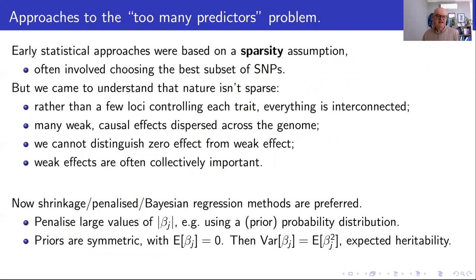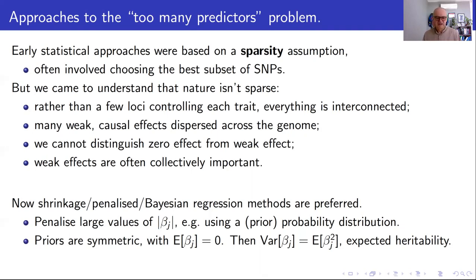So in recognition of that, nowadays we focus more on shrinkage, penalized, or Bayesian regression methods. They're not necessarily fully Bayesian approaches, but they always involve a lot of Bayesian ideas, and I'm going to use the Bayesian language. The penalty function doesn't necessarily have to be a prior probability distribution, but when you start thinking about the problem, there's no other way, in trying to decide what's the right penalty function to penalize large values of beta, than the classic way of basing a prior on our previous knowledge and understanding